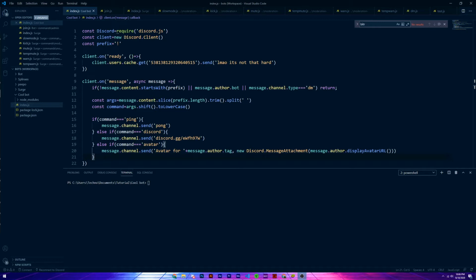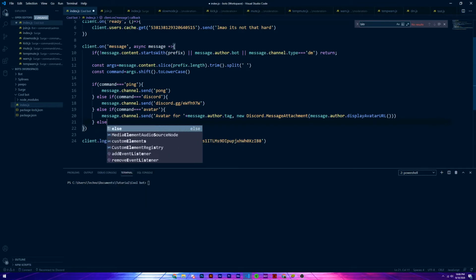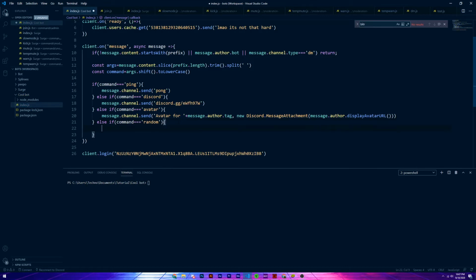Today we're going to be making a random command and making our ping command a little bit better. So let's start with the random command. We're going to do the same thing as above, else if command equals random. And we set this all up in the past 2 videos, so definitely watch those if you haven't. But if you have, let's continue. So else if command equals random, then we do our brackets again, enter,